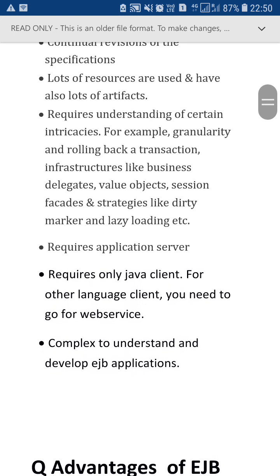Then it requires understanding of certain concepts, like a database, how to roll back a transaction in a database, session facades, lazy loading, dirty markers, which need to be understood. Then it requires an application server.